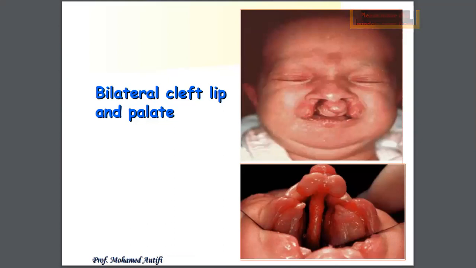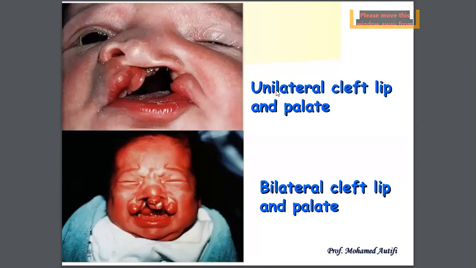So you can see this is the nasal septum and this is one half of the palate. This is another half of the palate. How clear it is, like palatine bone is not formed. Hence, whatever is there in the oral cavity, through these openings, the milk may enter into the nose. Nasal secretions will enter into the oral cavity if this partition bone is not properly formed. So bilateral cleft lip and bilateral palatine defect we are finding.